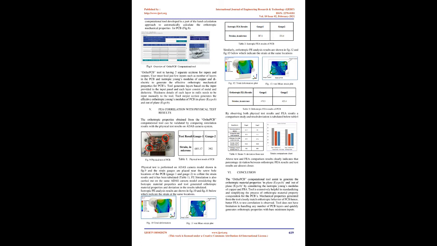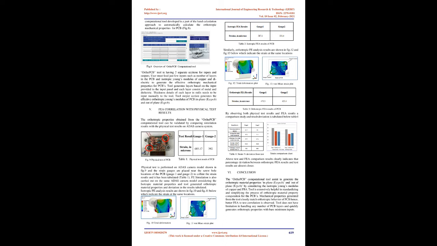Process automation using OrthoPCB tool development. Orthotropic material properties of PCB can be calculated either by physical testing method or by empirical formulae. Both methods are time-consuming, hence, to standardize and simplify the process, a customized GUI-based computational tool is developed using Python language, called OrthoPCB. The EXIP and SCIB computational tool developed is a part of the hand calculation approach to automatically